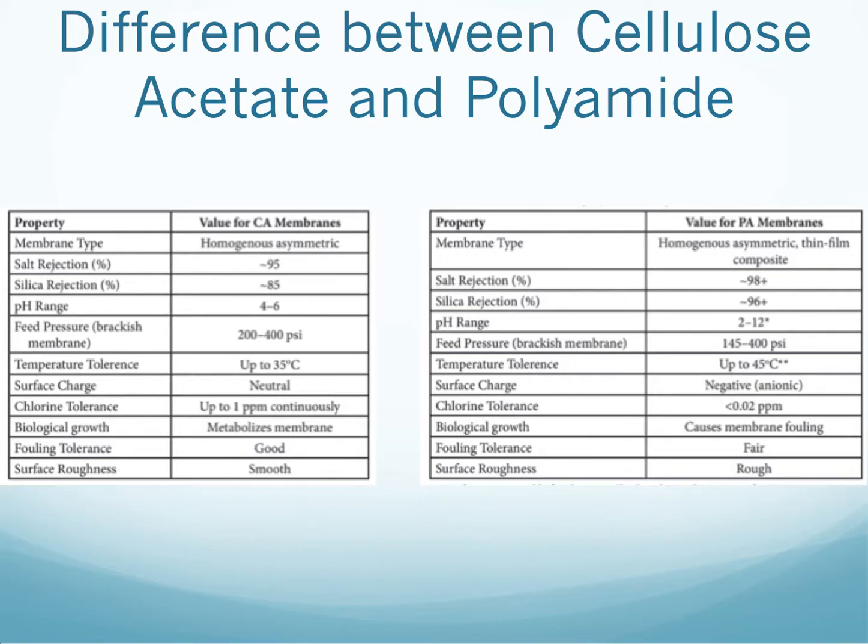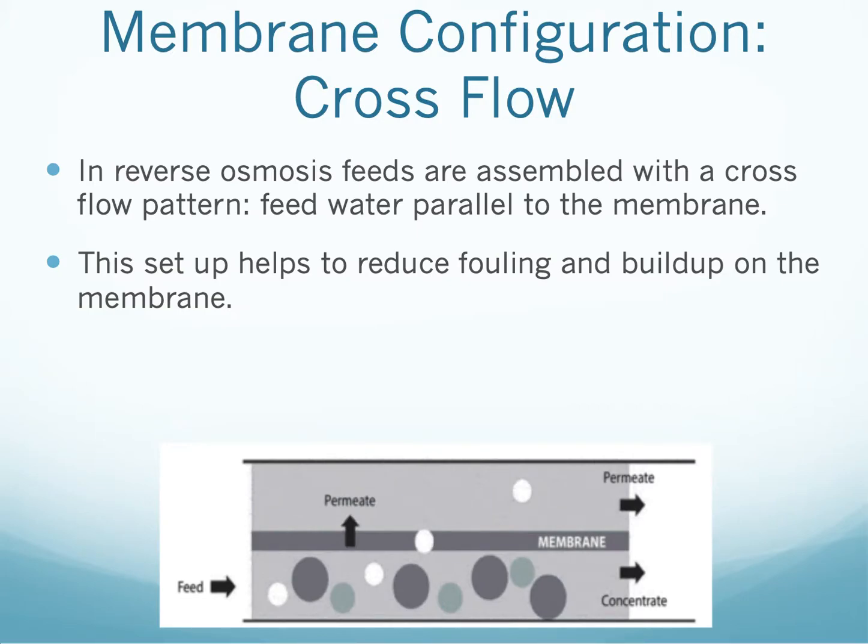This helps as the varying water treatments that are done before processing through the reverse osmosis membrane will be able to withstand the polyamide more so than the cellulose acetate. Polyamide membranes can also tolerate a higher temperature of up to 45 degrees Celsius as opposed to 35 in that of cellulose acetate. And for membrane configuration, one of the basics here is that it must be in a cross